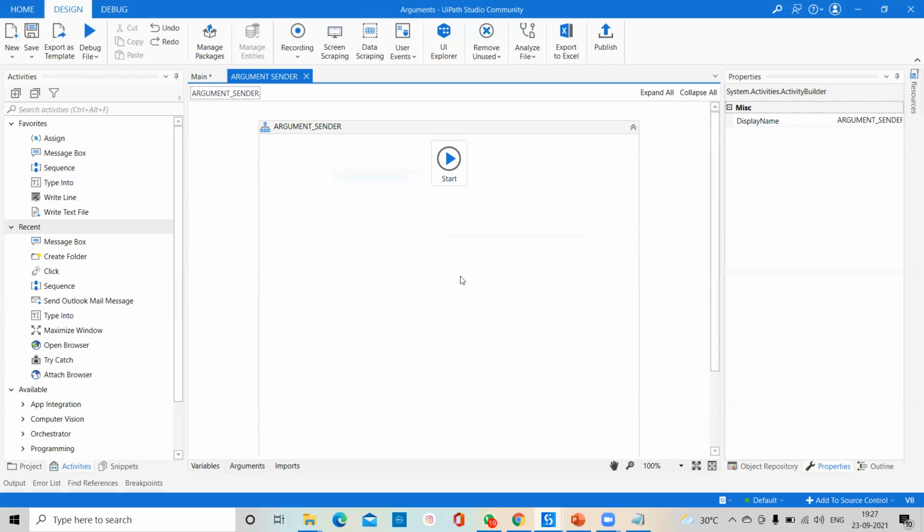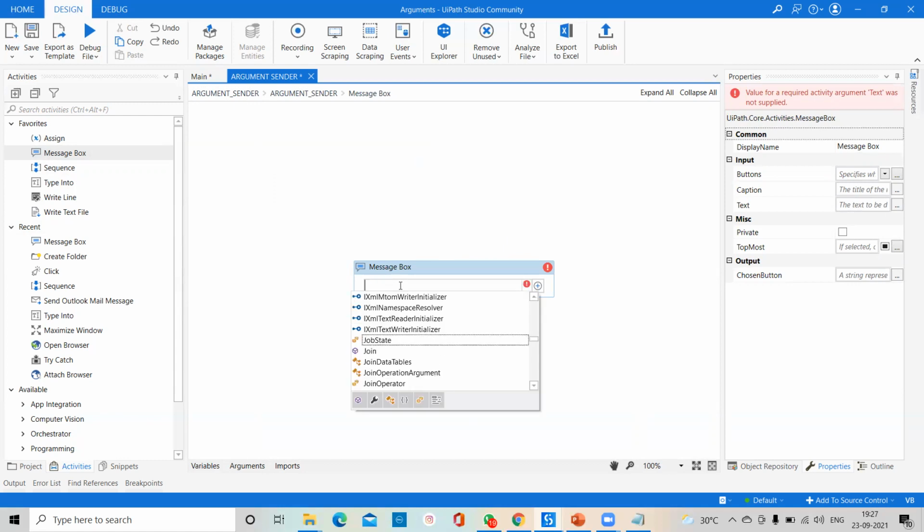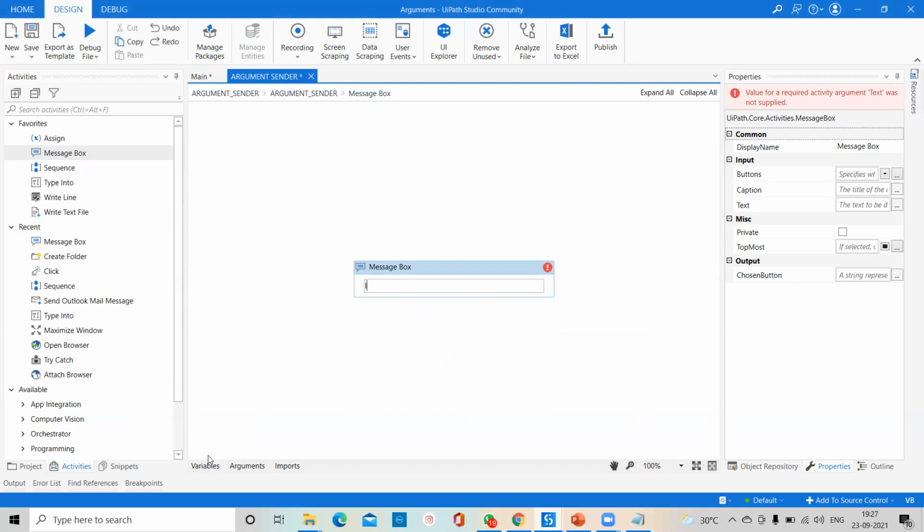We have to learn the shortcut. Whenever you take this message box, drag and drop it and connect it with the start. In the message box, whenever you want to create any variable, you press Control K. If you directly write anything, we'll get an error. If you want to create the variable, we go for Control K and then Set Variable. Any name we can pass, enter, and we are able to create the variable.